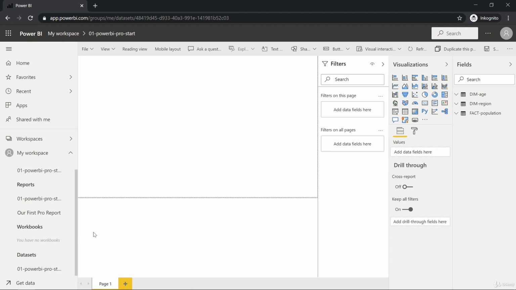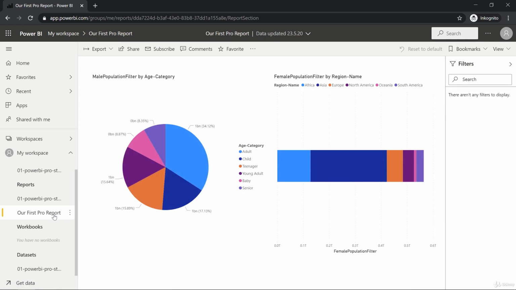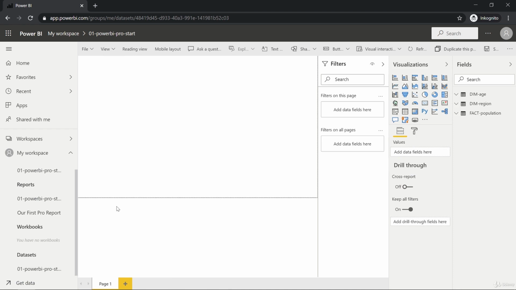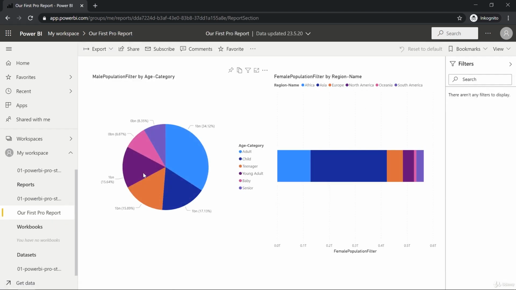And this is what I was referring to in the last lecture. You can use this dataset view to create new reports, new report pages with the underlying dataset we have. And if you save these then these will be saved, well, as a new report here. And by the way, this report is the report that was part of the initial dataset. So you published your entire project to Power BI Desktop, and now you have your initial report that you had in that project and your underlying dataset to create new reports as we did it right here. So this is important to understand. This is how Power BI Pro works here from a conceptual perspective.